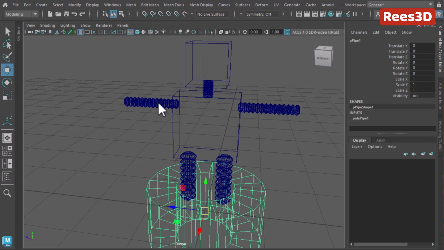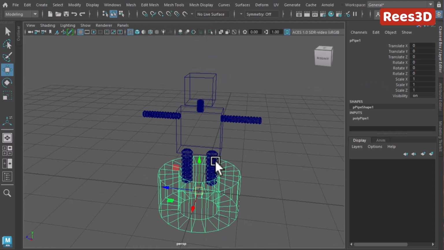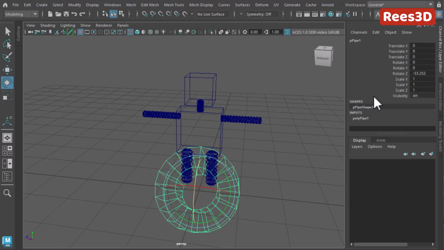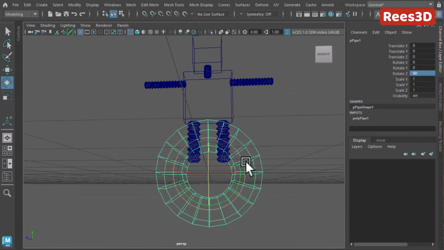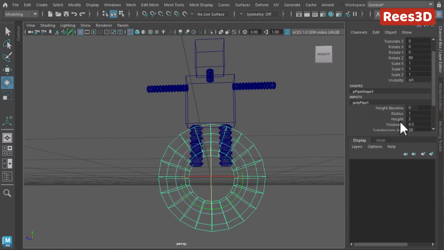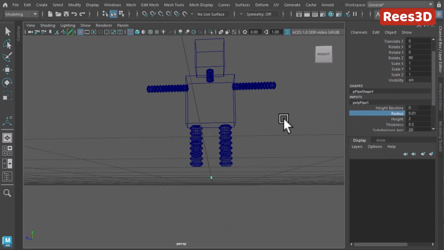Pipe. Alright, so I'm taking a pipe, rotating it 90 degrees. Okay, so making it smaller. So let's make the radius small, and the thickness, I guess. Yes, thickness also smaller, 0.1 maybe. Yes,